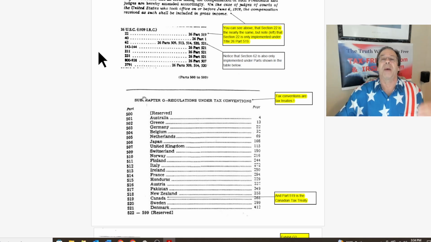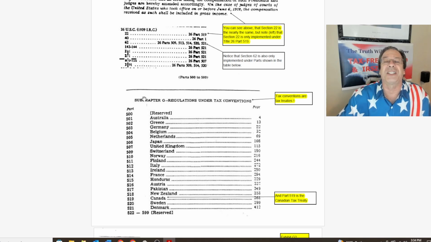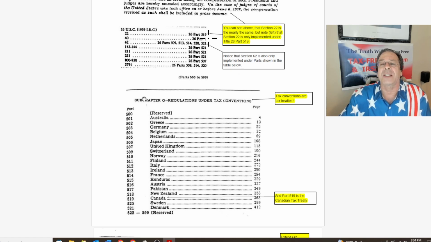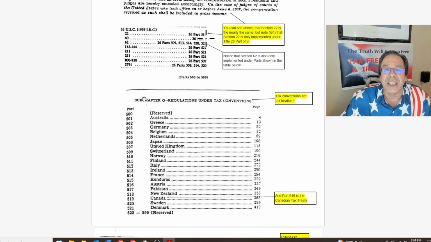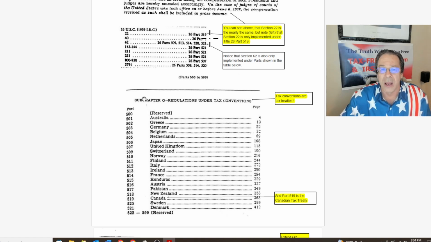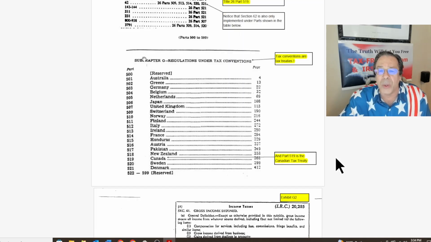just like Section 61 lays out the sources for the Canadian tax treaty. And you've been bamboozled, deceived, defrauded, and lied to, to make you believe that Section 61 applies to you, to make you a slave. Everything you do is taxable because of the source. But this legislative investigation shows that Section 61 never applied to domestic income. It doesn't apply now because the tax treaty with Canada that it did apply to